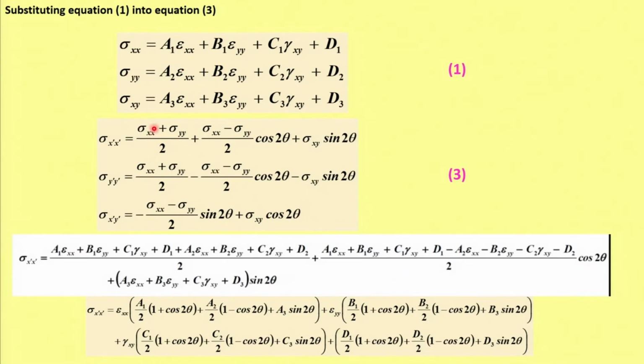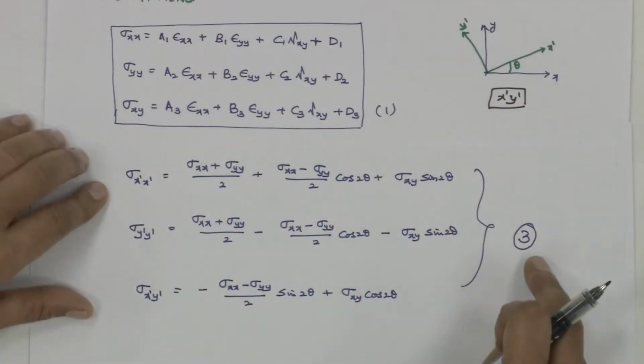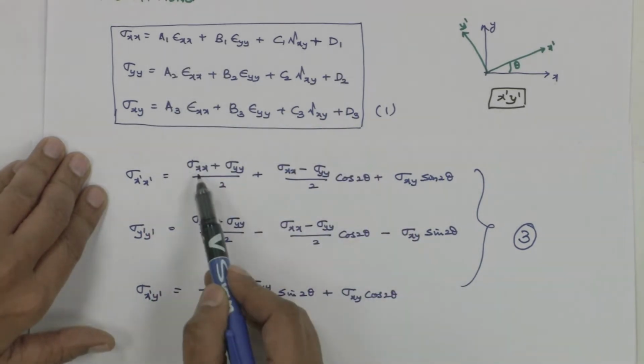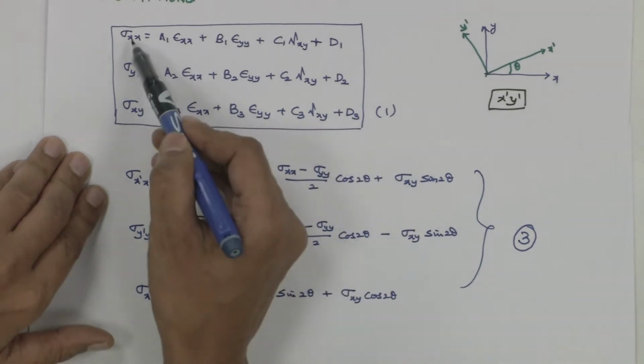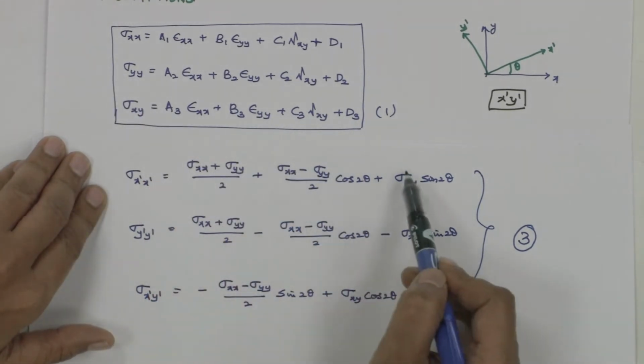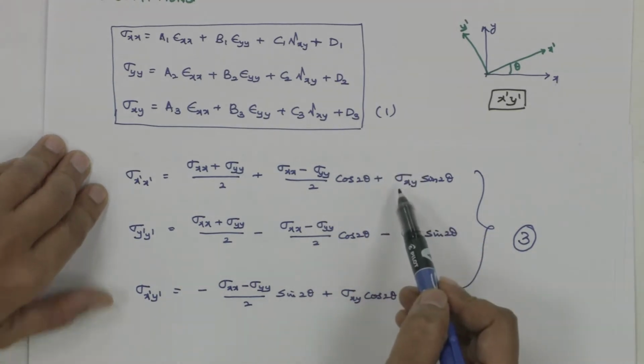That is, for sigma xx I will substitute this, for sigma yy I will substitute this, and for sigma xy I will substitute this equation. To retell the same thing, I have 1 and 3 here. I will substitute for sigma xx from this term, sigma yy this term, and sigma xy the whole of this. When I substitute that,